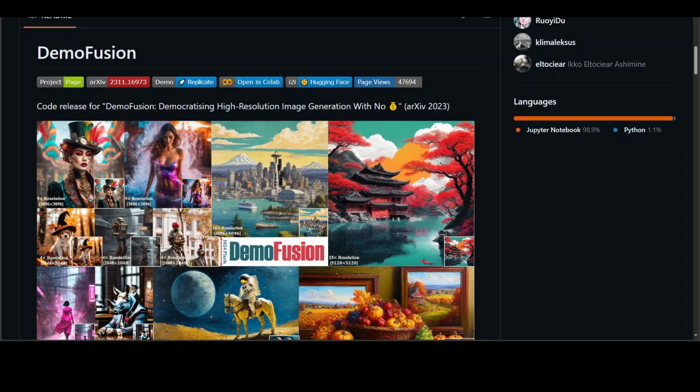High-resolution image generation with GenAI has immense potential, we all know that. But due to the enormous capital investment required for training, it has become increasingly centralized and challenging to a few large corporations. And also, most of these corporations are hidden behind paywalls. This project, DemoFusion, aims to democratize high resolution GenAI by advancing the frontier of high resolution generation while remaining accessible